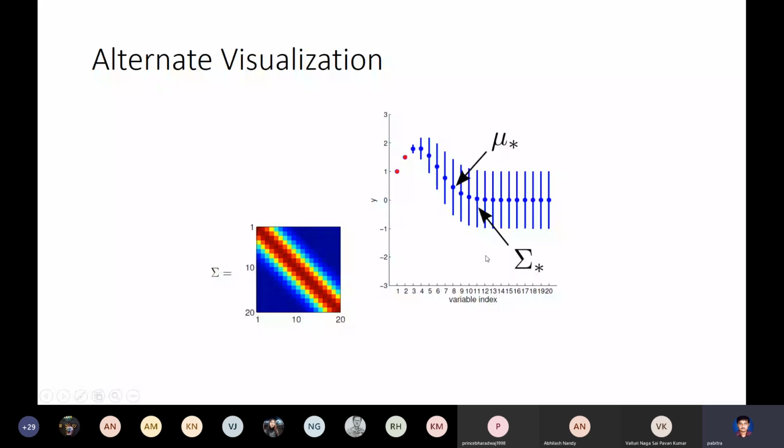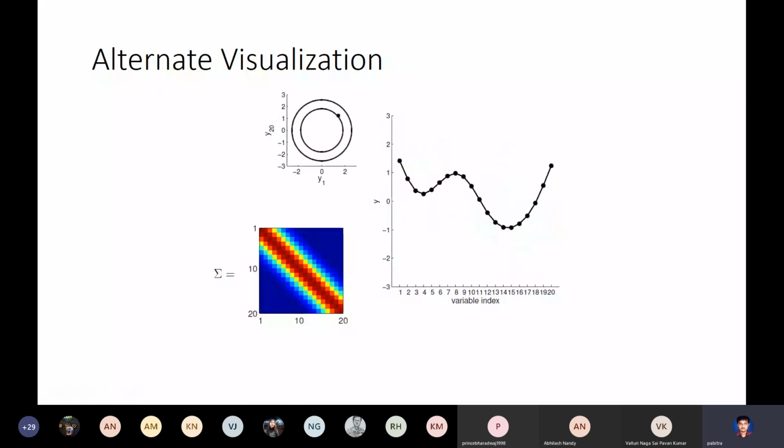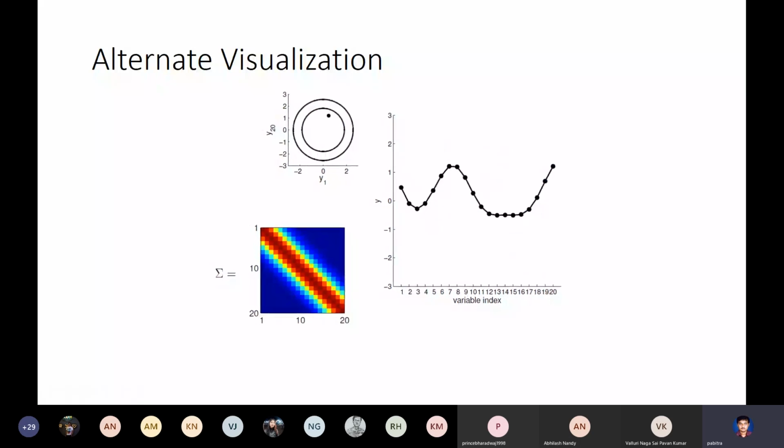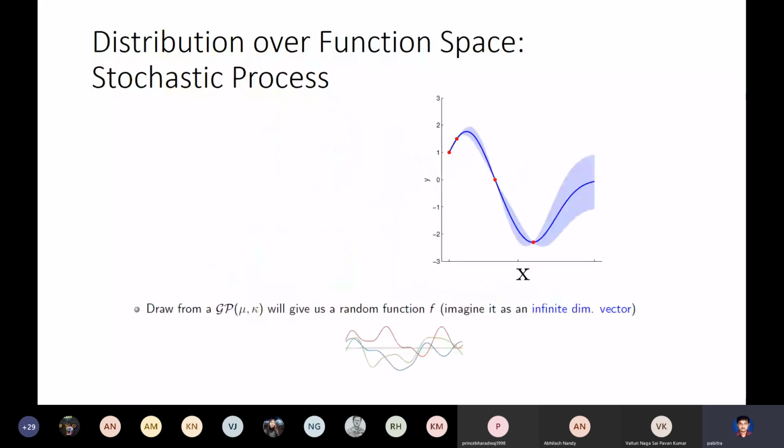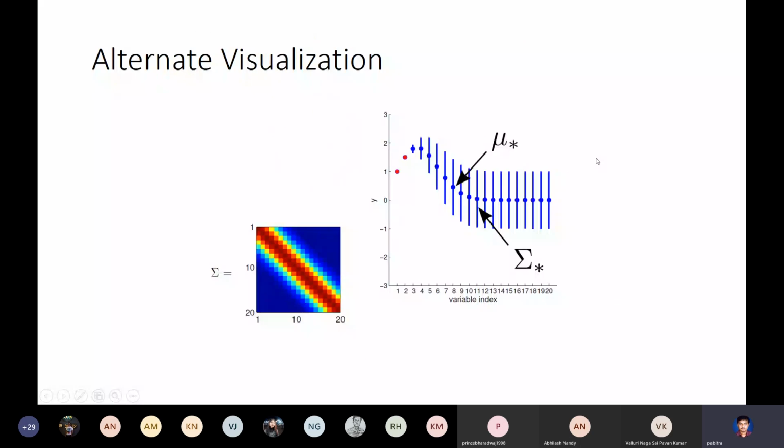So if we take it to be a Gaussian distribution, then I would get a function, not one function, I'll get a bunch of functions, and the average of all these functions would be this mu star function. So at every point you take the average of all these functions. These are the possible functions. I take the average of these functions, and the variance of the function at this particular point I draw by this blue bar. We call it sigma star.